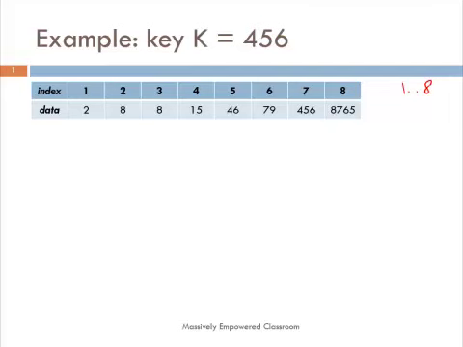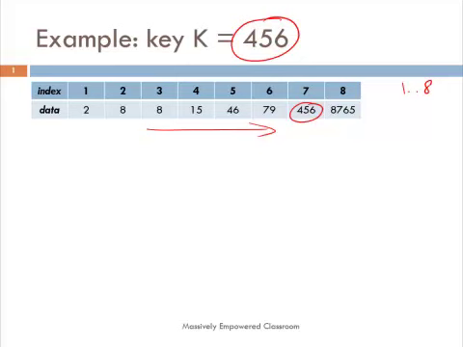So for divide and conquer, we are following Horowitz's book, so we will also write the array indices from 1 to n. So in this case the array indices are 1 to 8, and there are 8 data elements, and they are already sorted in increasing order. The key that I am looking for is 456. So you will see that it's already present in the 7th element of the array. That's because you are a smart, intelligent human being. There is no way that the computer or our algorithm can see that immediately, because it can't see the entire array at once. It has to go through data elements one by one and find it.